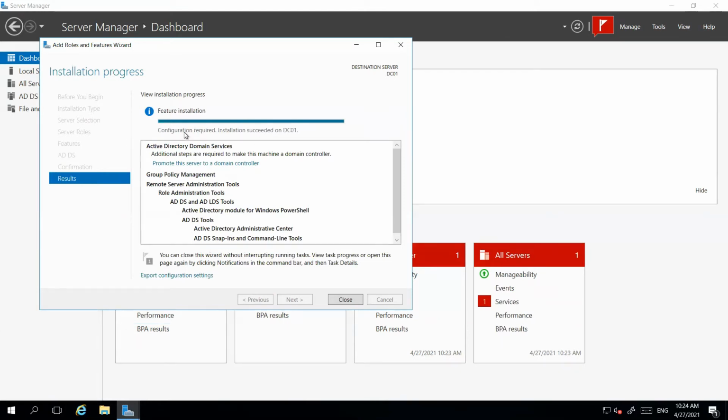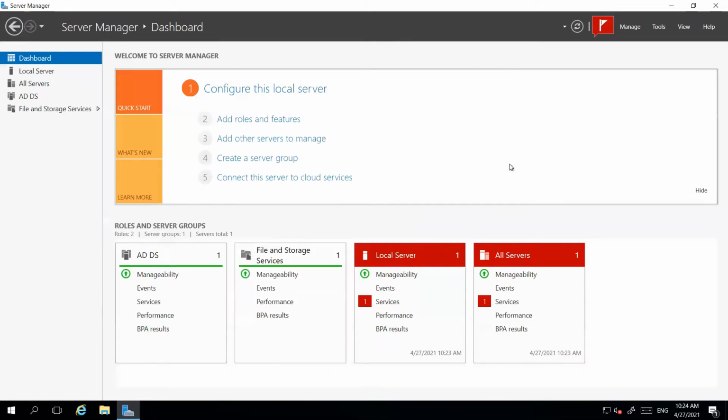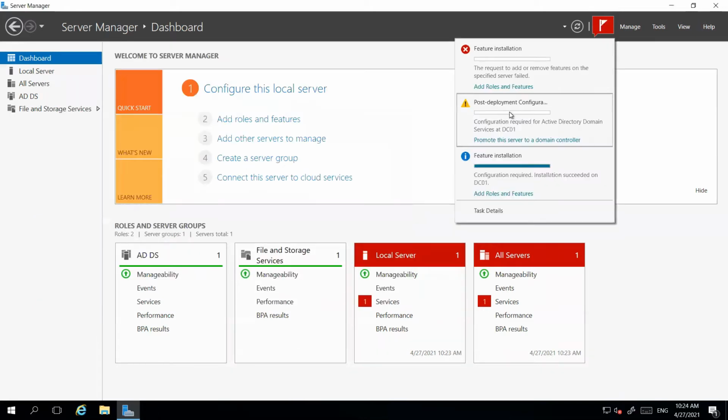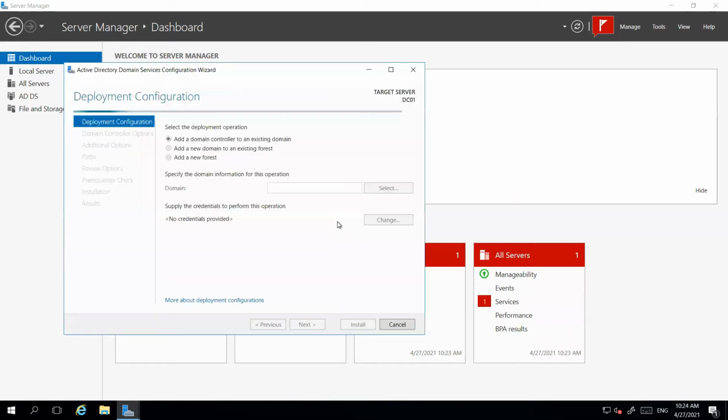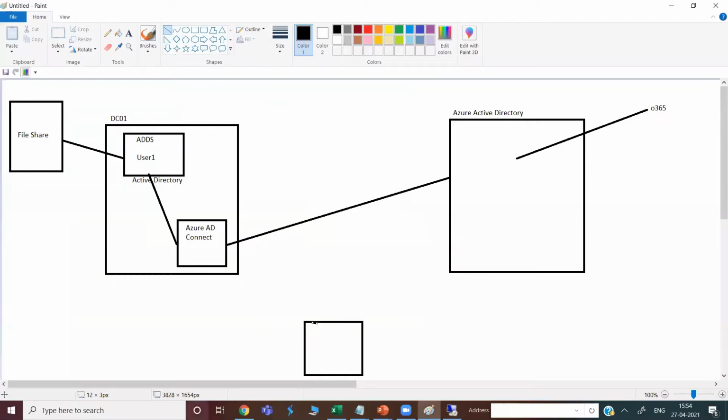Installation succeeded. So now configuration is required. So close this one. Come here and click on post deployment configuration. Promote this server to a domain controller. So add a new forest, and the domain name is how to check the domain name.